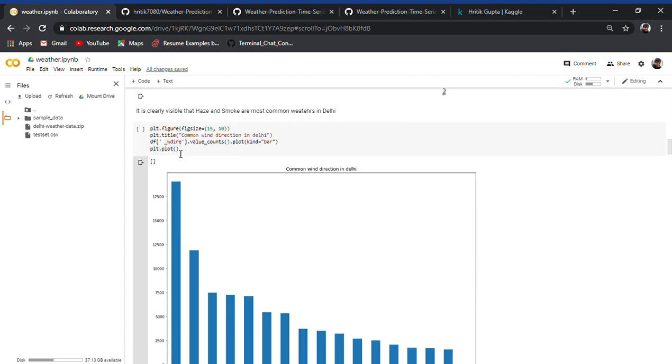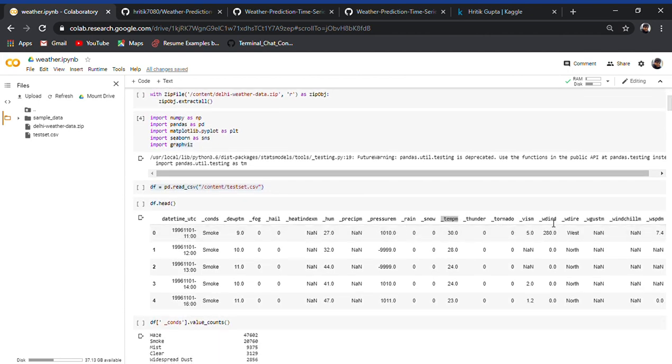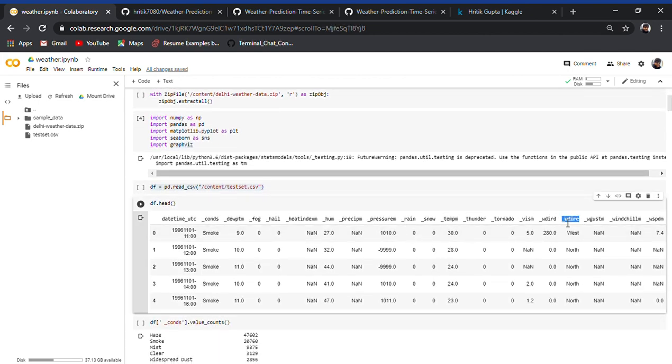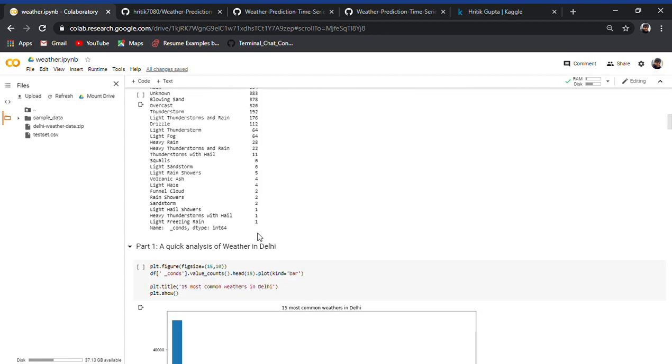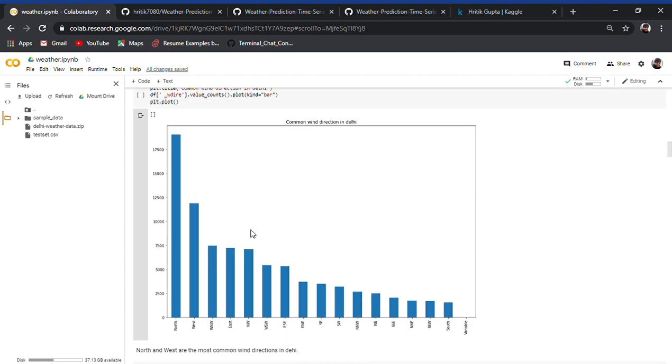Similarly, we are making this graph for the wind direction feature. This feature contains the direction of wind, like west, north, northeast, northwest. From this graph we can easily analyze that the most common directions in Delhi are north and west.